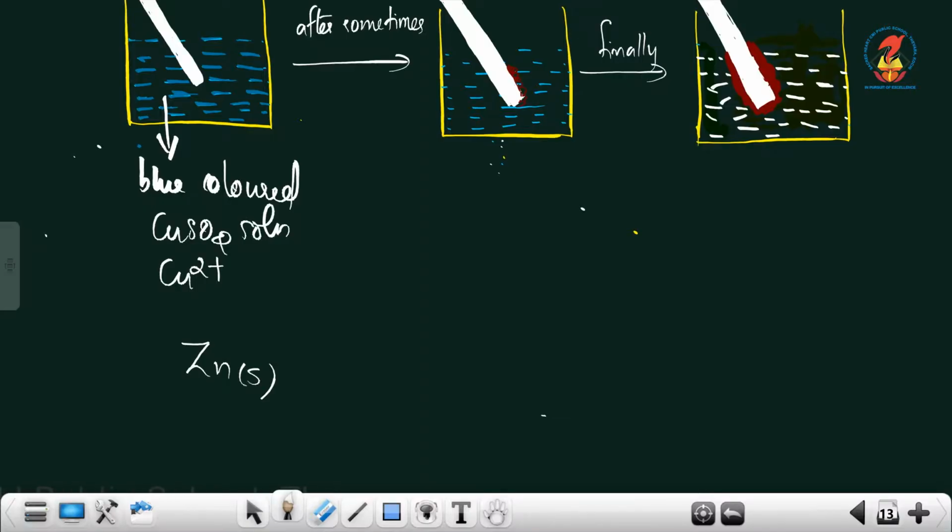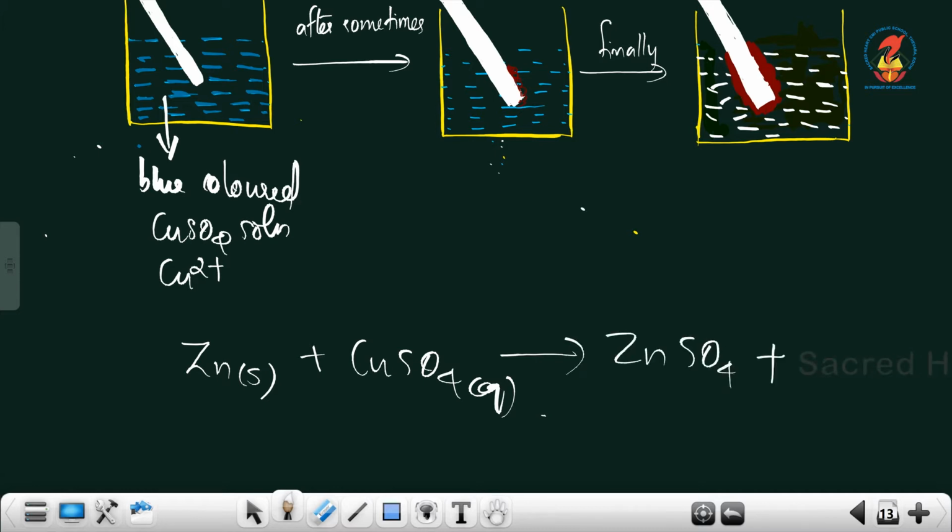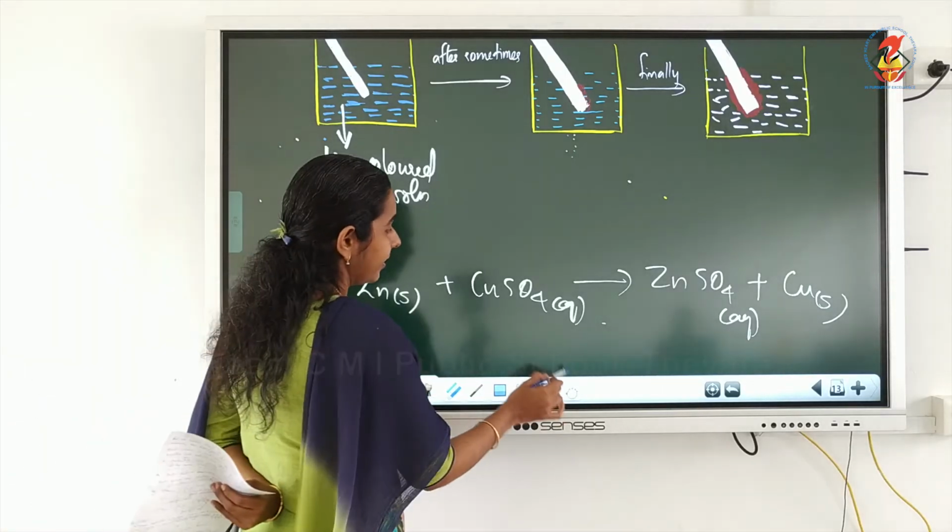We are dipping zinc rod, so we can write it as Zn solid dipped in copper sulphate solution, aqueous. What we are getting here is ZnSO4 plus Cu. So after some time, what we can see is,